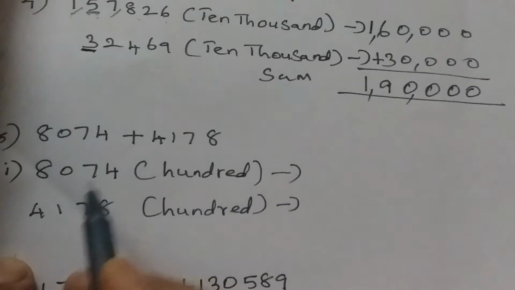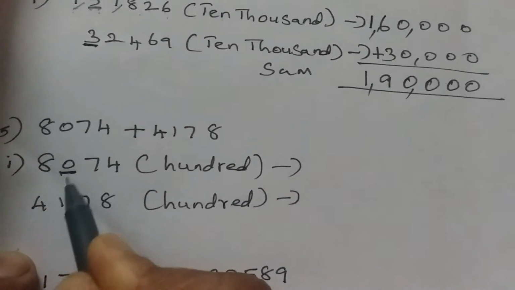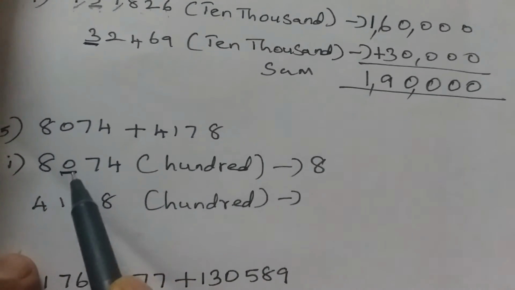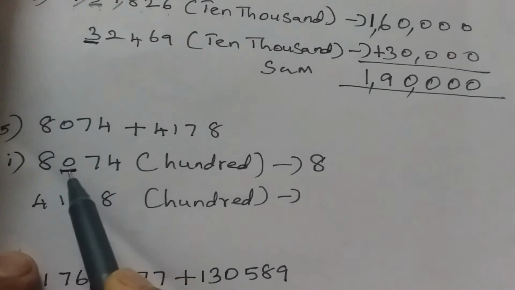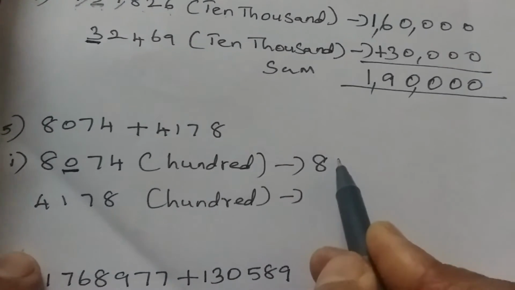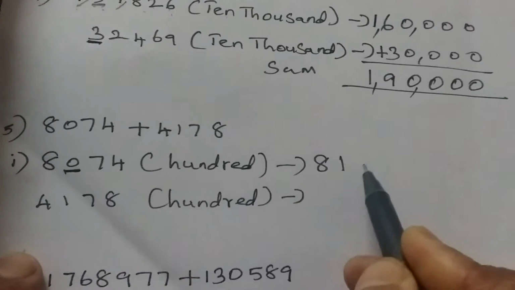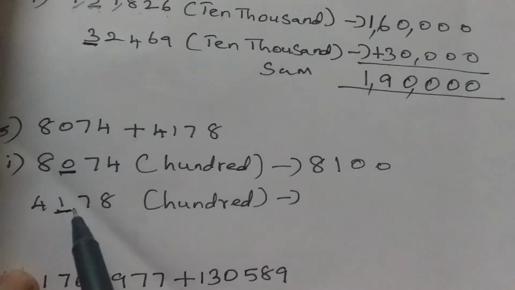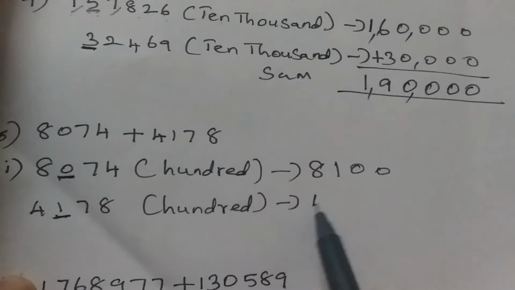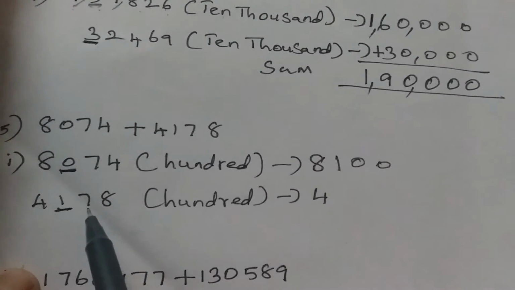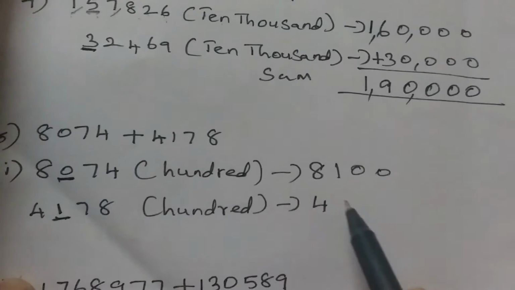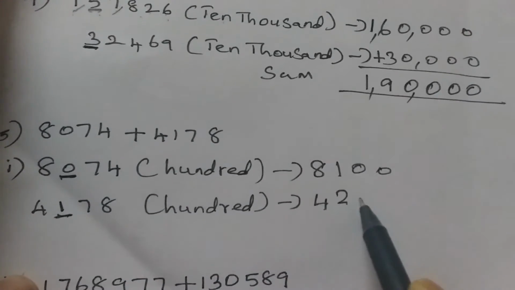Underline the hundreds place. Underlined. Okay. Previous digit as it is. Now you should be thorough with this method, the rules and the method. Next number is more than 5. So what comes after 0, or add 1 to 0, it is 1 and the rest of the numbers 0, 0. Right? Okay. Next, hundreds. Underline the hundreds place. Previous digit as it is. Then what comes after 1? It is 7, which is more than 5. So we should add 1 to this 1, or the number which comes after 1, the next number 2, and the rest of the digits 0.